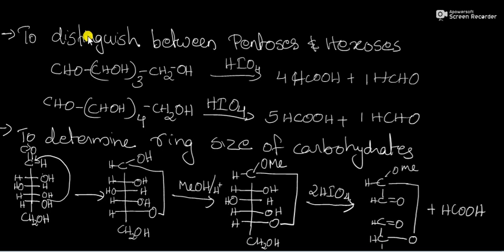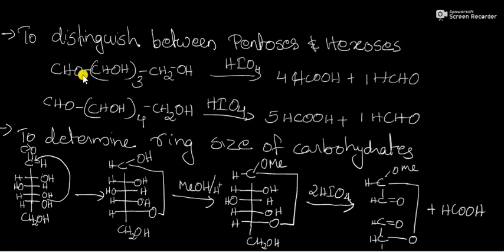Another important application of HIO4 is to distinguish between pentose and hexose. We know that pentose has 5 carbon atoms, whereas hexose has 6 carbon atoms. This is a pentose, CHO, CHOH, thrice, CH2OH, which on treating with HIO4, what are the products? We get